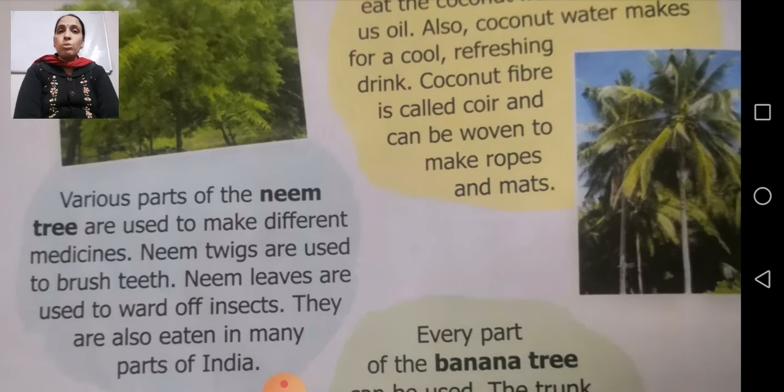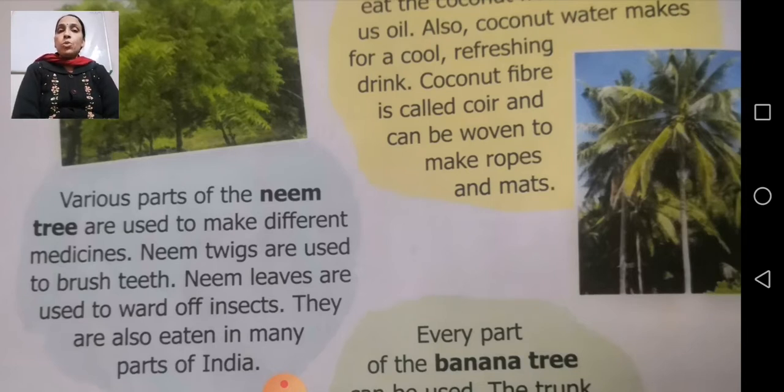So neem medicines are also used. Neem oil is also used to remove different microorganisms, different diseases, and different insects also. Even neem leaf, we keep it in rice, wheat, or whatever we want to store. If we keep these neem leaves in that, it will not be attacked by any microorganism or insects. So that is again an important use of neem leaves. So that is a part of the neem tree.